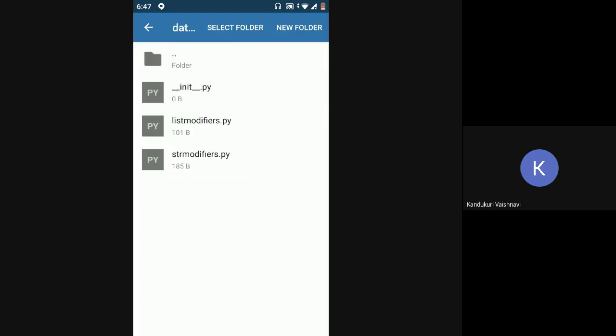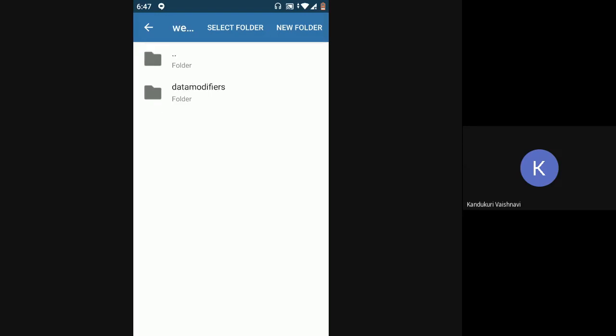If you have __init__.py in your directory, then Python will understand that this is a package. So what is the difference between a directory and a package? If you have two modules inside the package, then I can import that package in a different file.